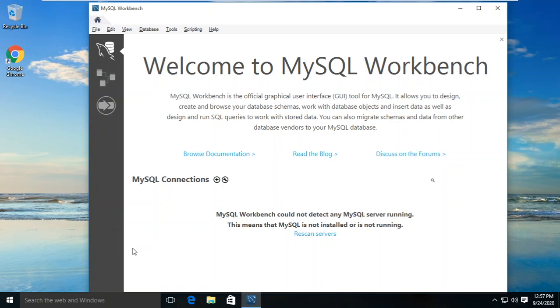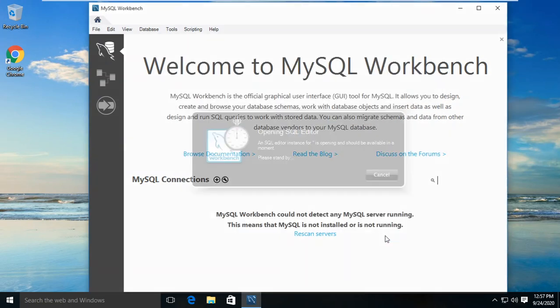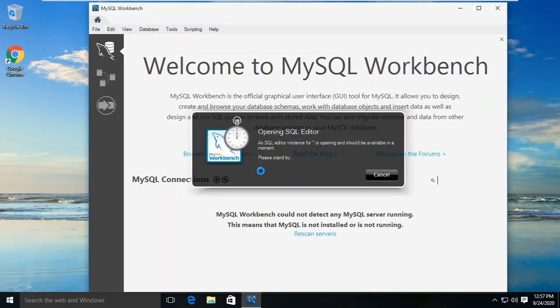So now let's come back here again. I repeat the step: database, connect to database. Here I need to paste the address, username is admin, and try with OK. Now we are requesting at 3306, and this port is now allowed at my AWS side. So this time it should work and it should ask me for the password.